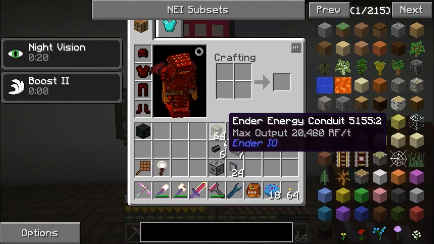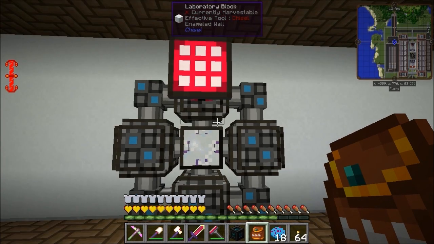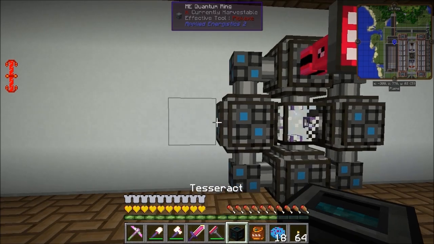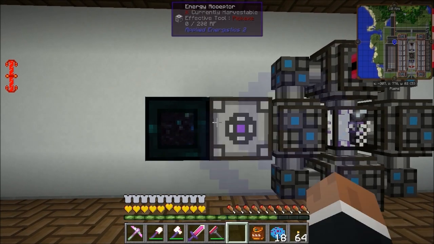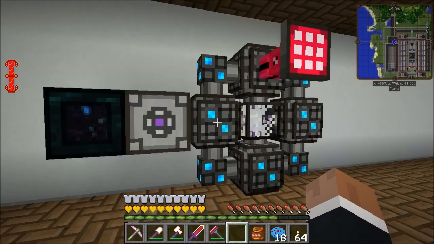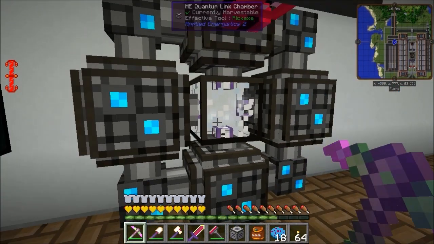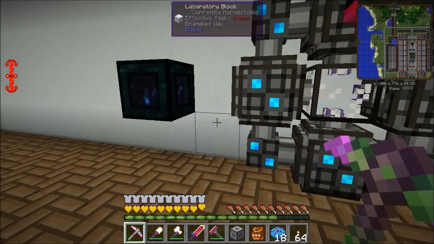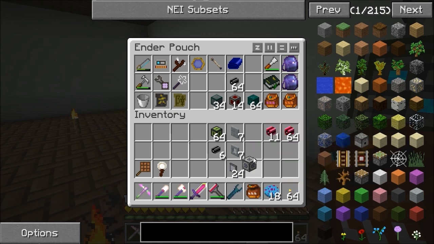Now, one thing I was missing was, this doesn't need power, but it does need bootstrapping. So first of all, I got a tesseract right next to it, and that didn't work. And then I realised that what I'm going to need is an energy acceptor. So tesseract, energy acceptor, gives it some power. You see it's lit up now, so now I can get rid of that, because now it's bootstrapped. This has got the other quantum entangled singularity in it, of course. Because that's been bootstrapped and is now powered, then, oh cool,